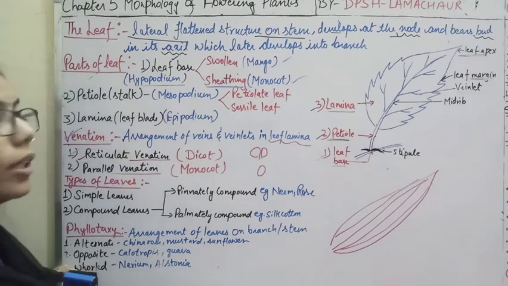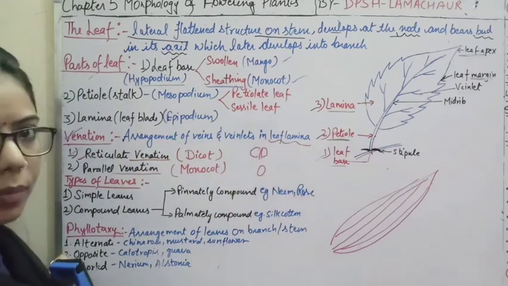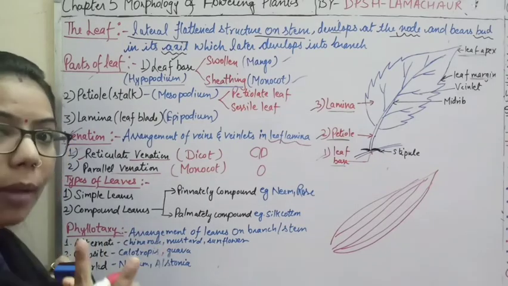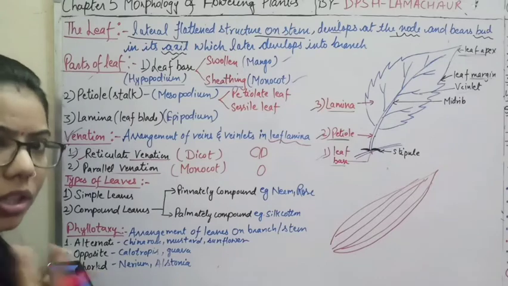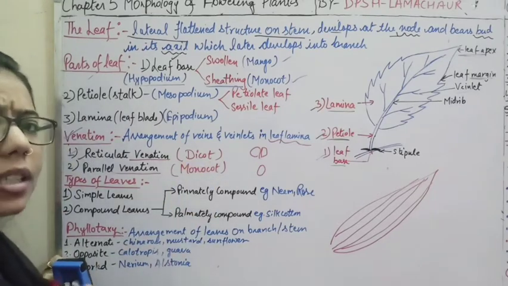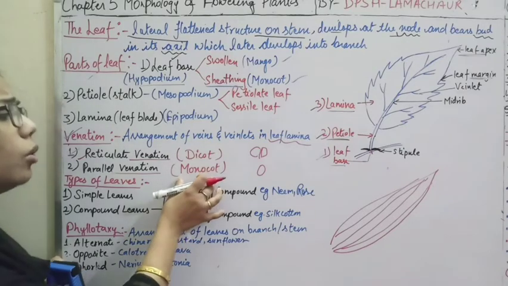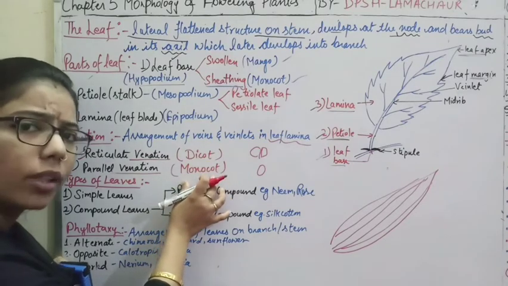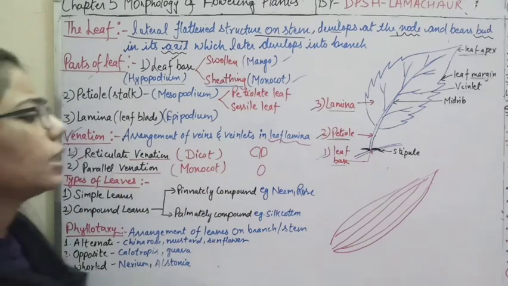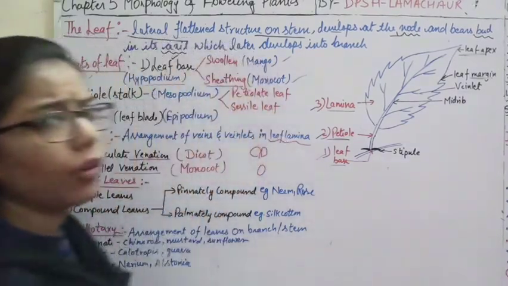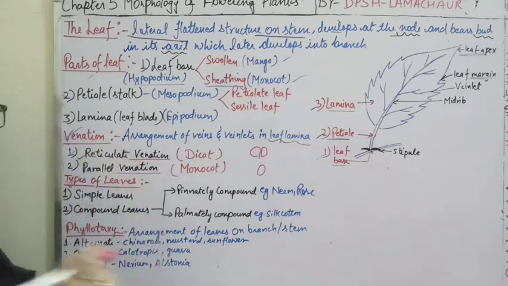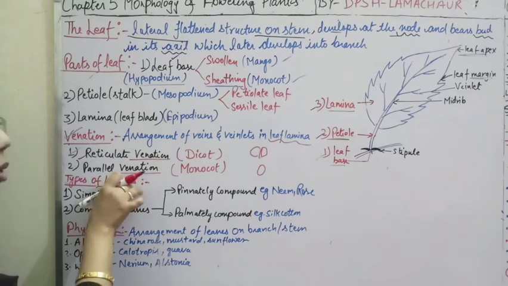And if you recall the previous one, in the case of roots also, on the basis of root we divided into taproot and fibrous root, which distinguish between monocot and dicot plants. So there are some bases of classification to say what type of plant it is, whether monocot or dicot. These types of venation are helpful to find this out. Clear? Now another topic under leaves, that is types of leaves.